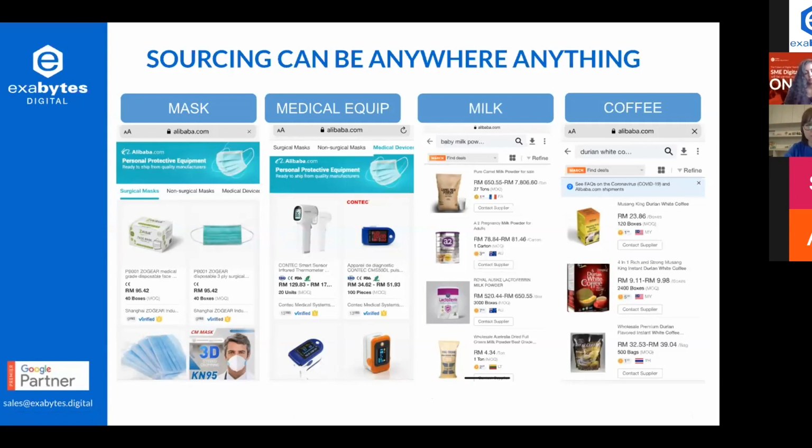From now onwards, it's a good time for you to think how to do sourcing from different types of suppliers, especially for those with insufficient raw material. You can use these platforms to start researching new suppliers, and there are many suppliers out there at Alibaba.com from many types of industry that you can find.